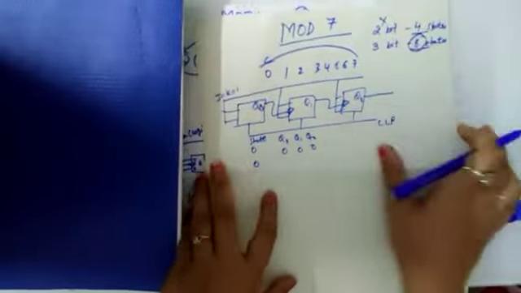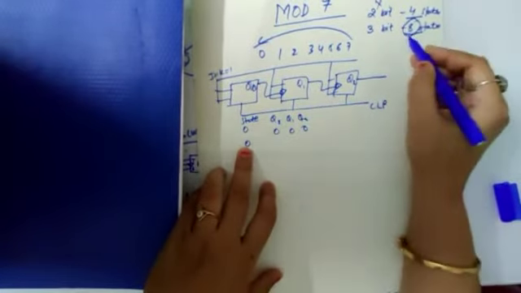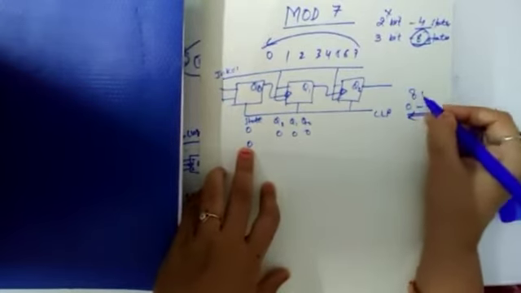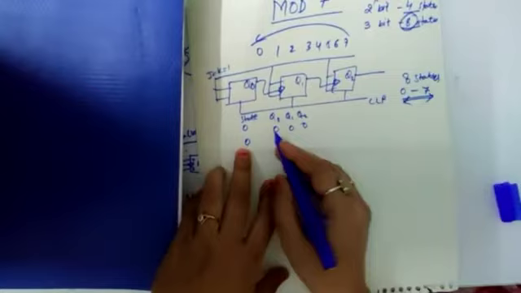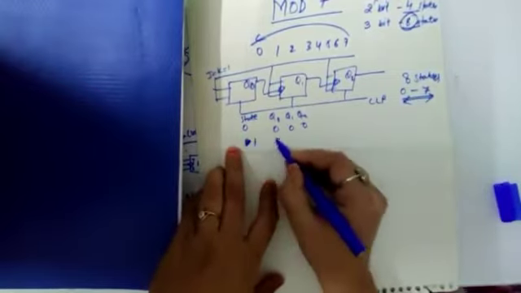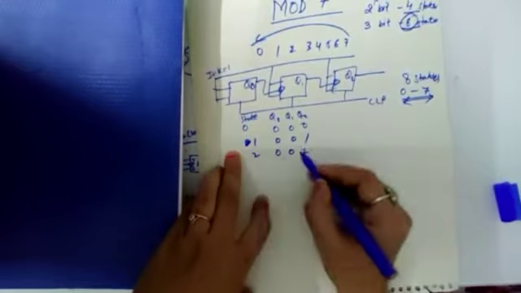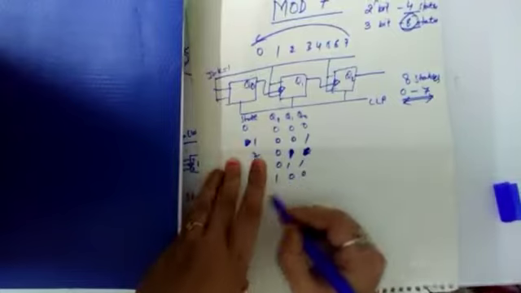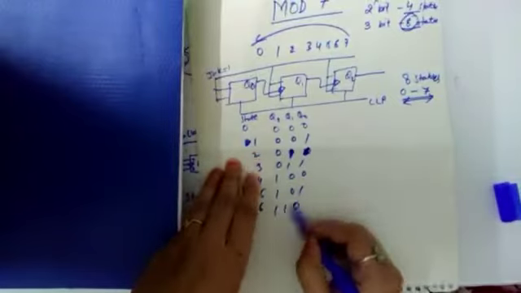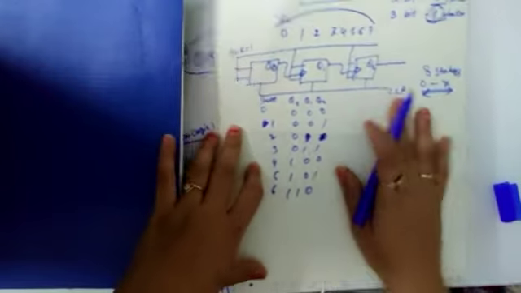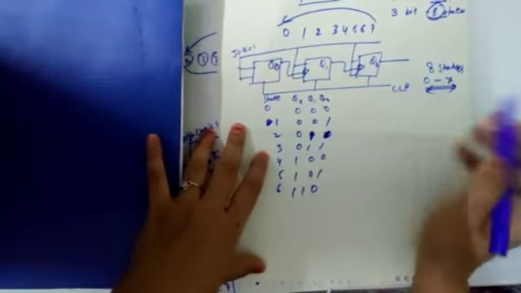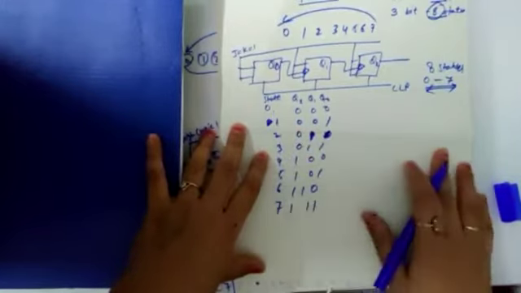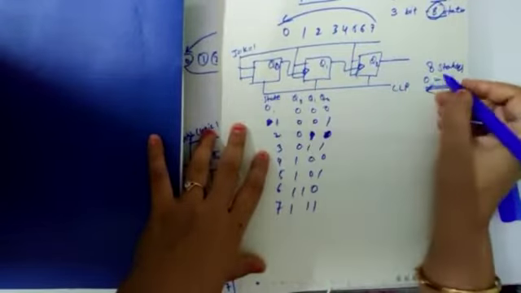Just do the working in a similar way. This is a 3-bit counter, so it will have the states 0 to 7. Okay, a total of 8 states will be there. So first draw the table for 8 states. 0, for 1, 0 0 1, for 2, 0 1 0, for 3, 0 1 1, 4 is 1 0 0, 5 is 1 0 1, 6 is 1 1 0. Okay, so what we want is a total of 7 states. So 0 1 2 3 4 5 6 up to 7, a total of 8 states, 1 1 1. Okay, this is the ideal working of a 3-bit counter.